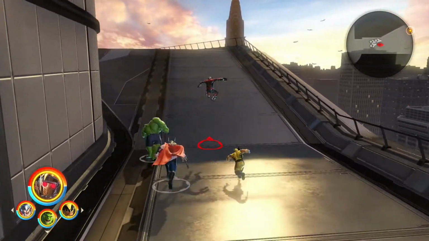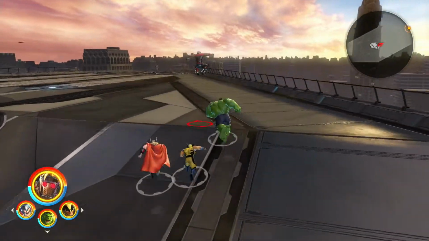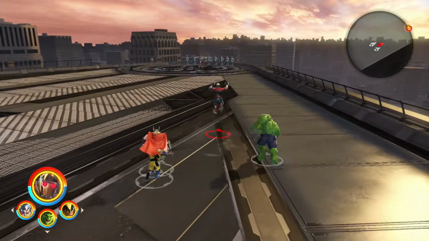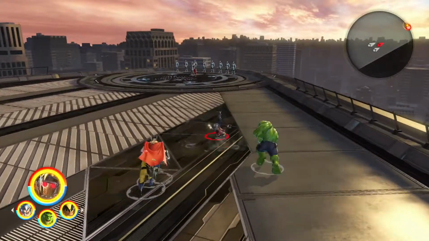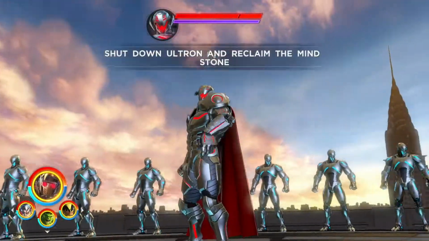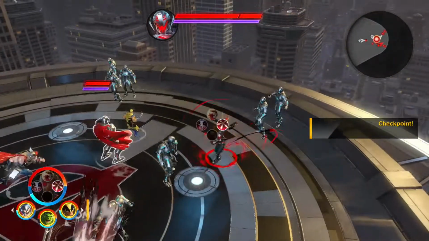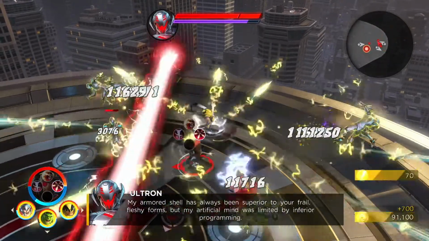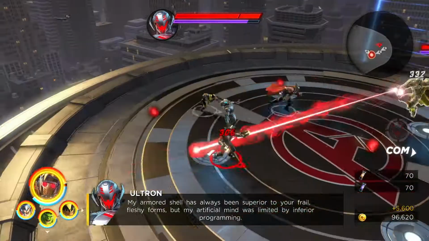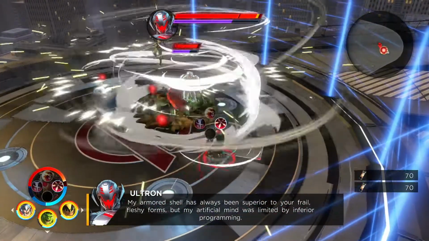Everybody's got their EX charged, so you'll be able to tell this time as we fight Ultron up here that we will be getting health back when we perform our EX attack. We'll try to kill these minor mobs first. I just walked right into that beam. Okay, so we got rid of the minor mobs. Once you get rid of them,